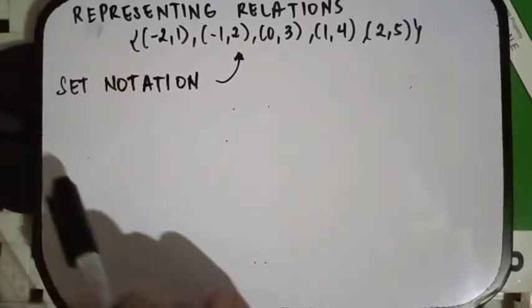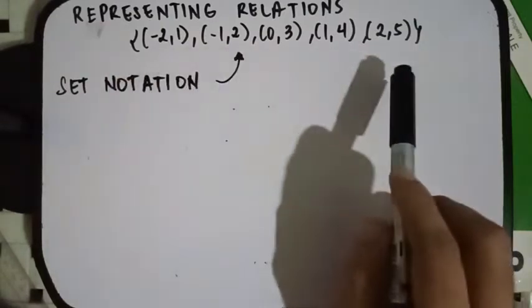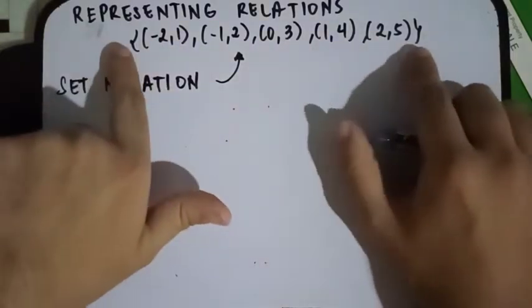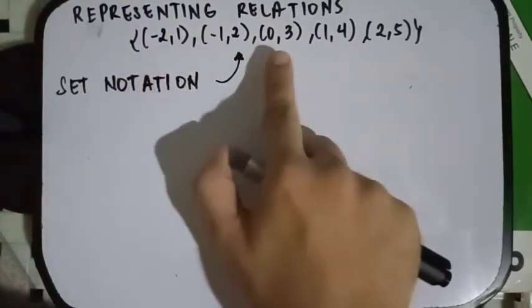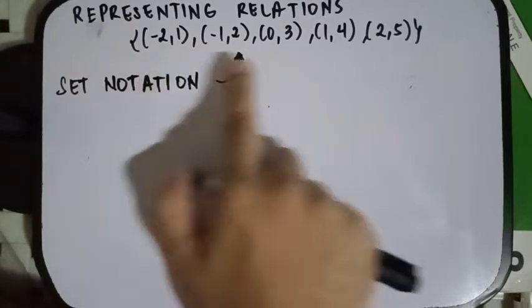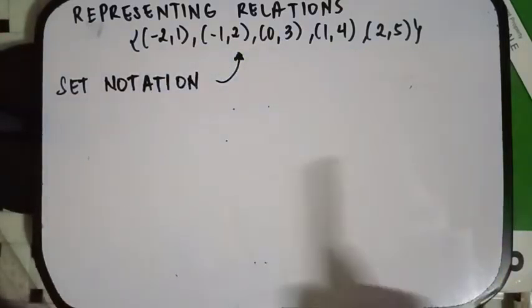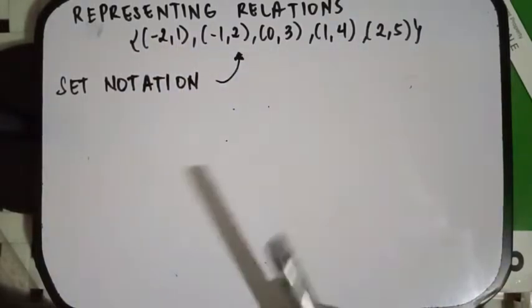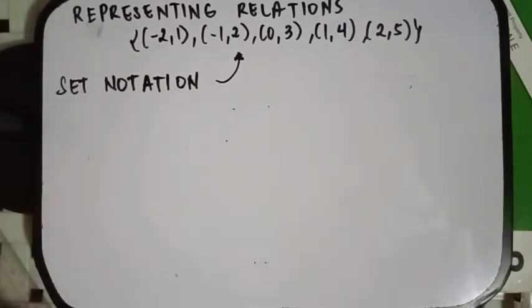One of the ways is yung tinatawag na set notation. Yung relation na nakikita natin kanina is in set notation. Because kung mapapansin nyo, yung grouping symbol na brace, ayan, naka-indicate na lahat ng nandito ay kabilang sa iisang set. So, according sa definition ng relation, pag sinabing relation ay isang set of ordered pairs. Ayan. So, one way to represent relations is yung tinatawag na set notation. Another way to represent